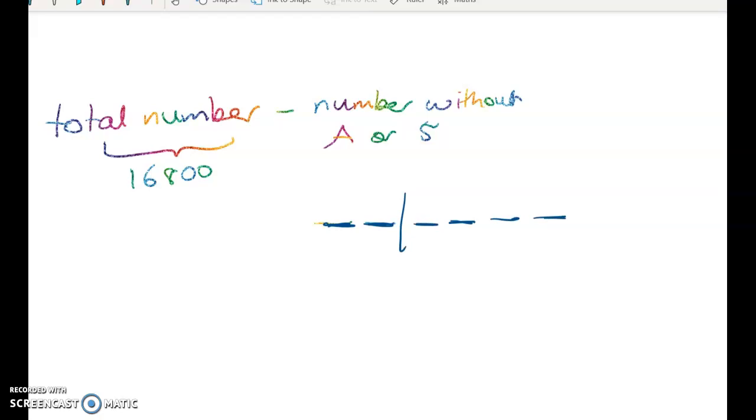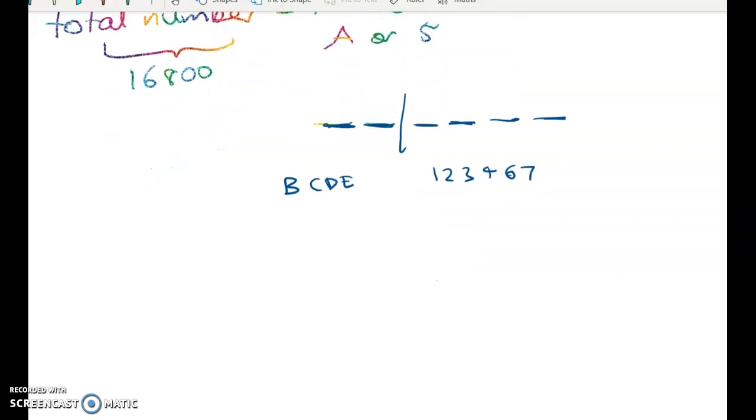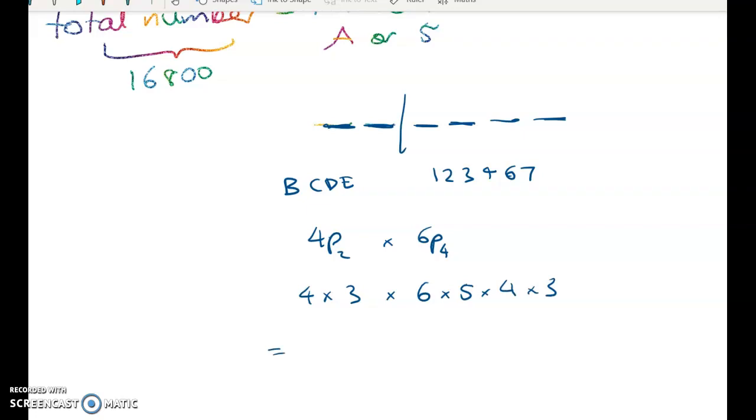For the letters now, we're choosing 2 from B, C, D, or E, and for the numbers, we're choosing 4 from 1, 2, 3, 4, 6, 7. So that means that I've got 4P2 times 6P4. And that's equal to 4 times 3 times 6 times 5 times 4 times 3. And when you times all of that together, you get